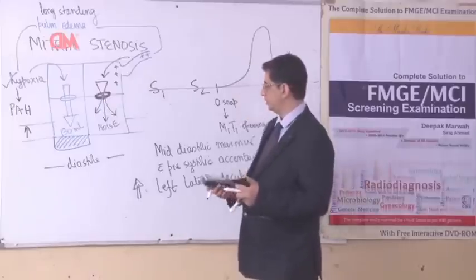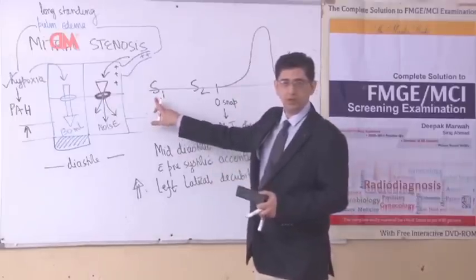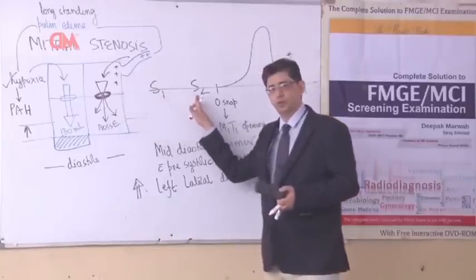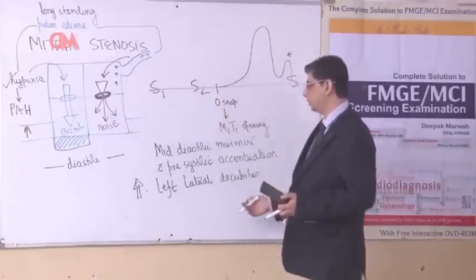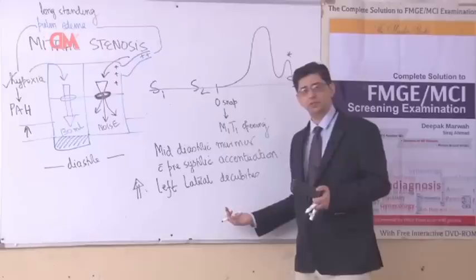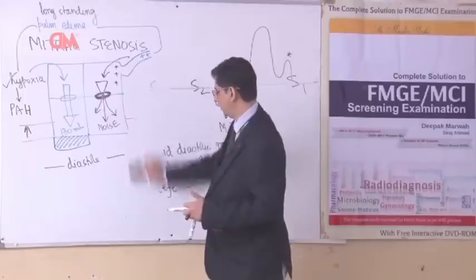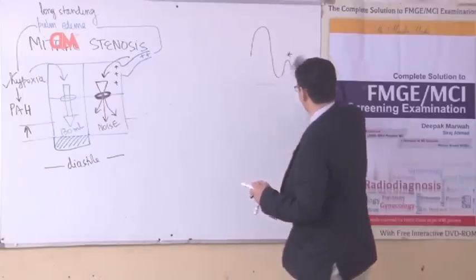Therefore, in patients of mitral stenosis, you hear a loud S1. You could hear a soft S1, you could be hearing a narrow split S1, S2 can have a loud P2 component due to PAH, then there will be a loud opening snap followed by a mid-diastolic murmur with a pre-systolic accentuation. On the basis of these auscultatory findings, I have narrowed down to the diagnosis of mitral stenosis and we shall now be talking about the investigations part.